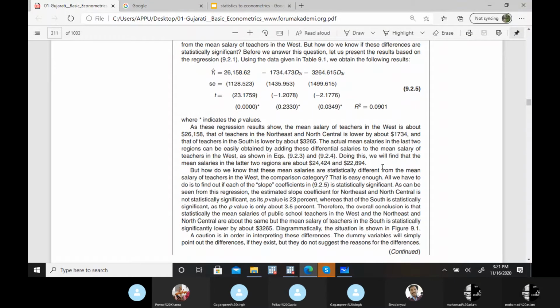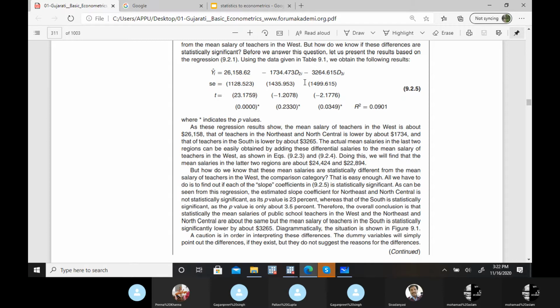If the reference category is insignificant, it means you are saying that your intercept is insignificant. Then you have to look at the other categories. Before running the regression, just calculate the averages for all the different regions. And if that reference category is insignificant, then you have to look at the other categories.